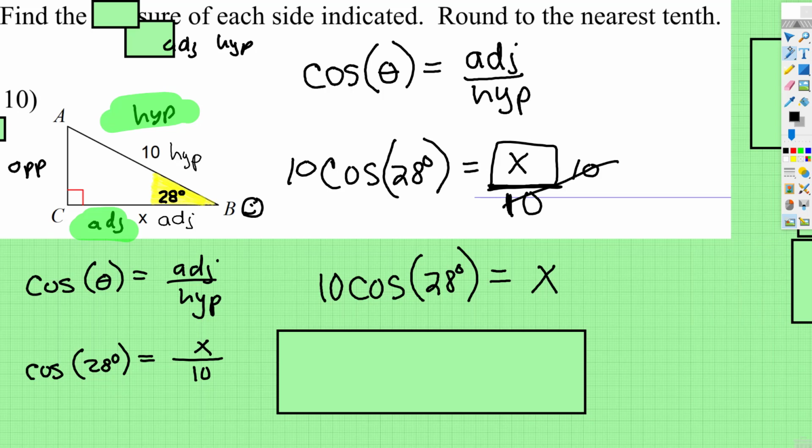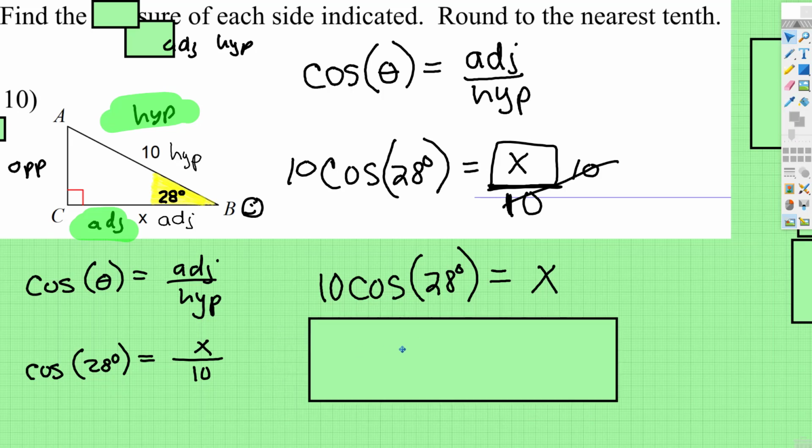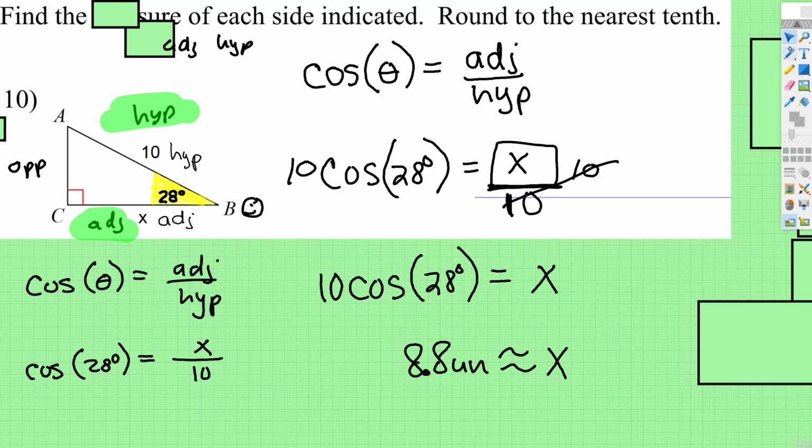You will just type in 10 cosine. It gives you a left parentheses, type 28, then right parentheses, then enter. And what you end up with is you round to the nearest tenth, so about 8.8, and then make sure, because this is a side length, you label it with units. All right, that's it for missing